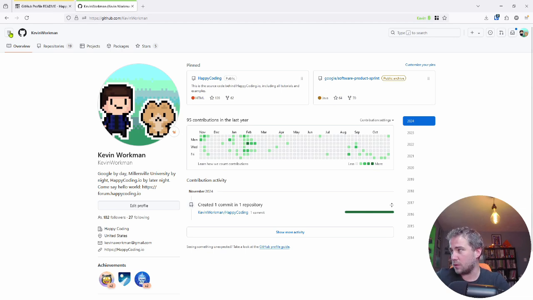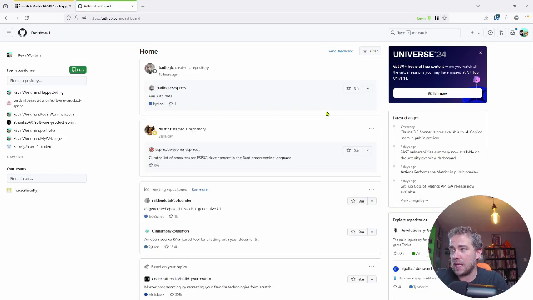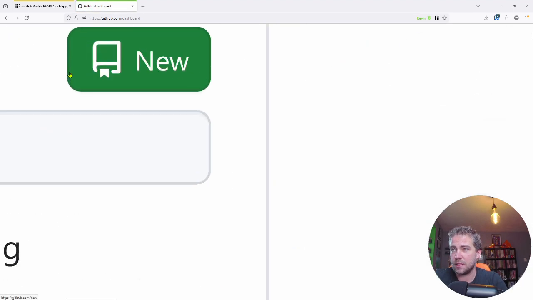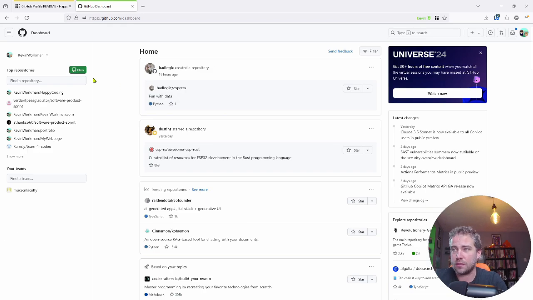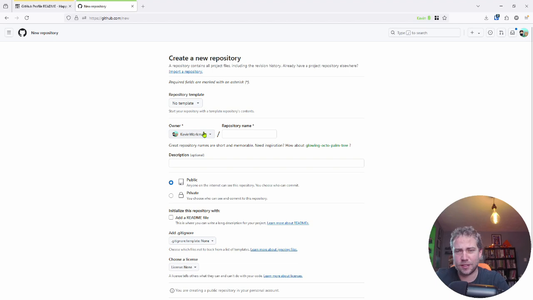So I'm going to go back to GitHub's homepage. And I'm going to create a new repository. There's a few ways to do that, but I don't know, this big green button is jumping out at me. So I'm going to click that, new. And then I'm going to create a repository. I'm going to give it a name, owner, I guess I'll just pick me. I don't know if that's a thing that you'll see because I have a couple different accounts, but anyway,